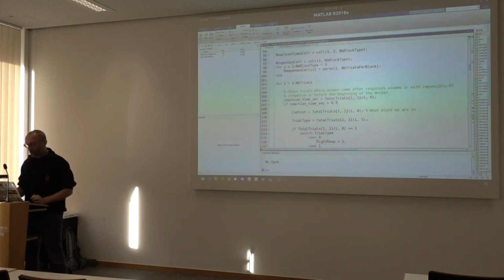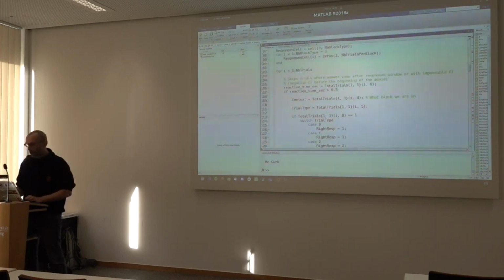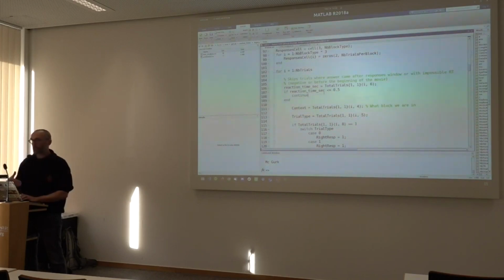But another way to get rid of this, because what this forces is that all of that code has to be within this big if block, right? A way to get rid of this extra indentation is to do it the other way. So you go, if this is inferior or equal to 0.05, you can just skip this trial and continue.